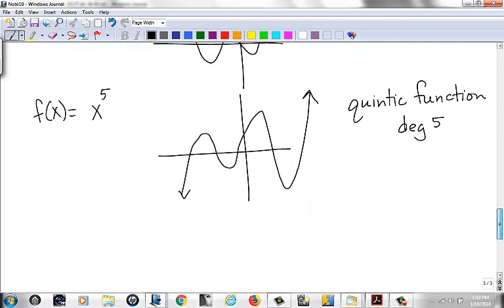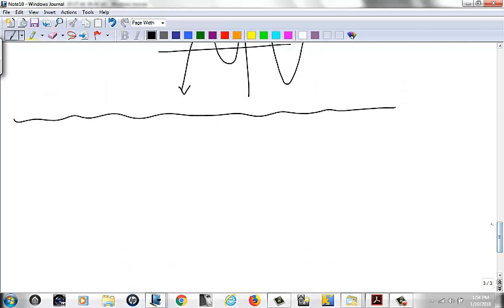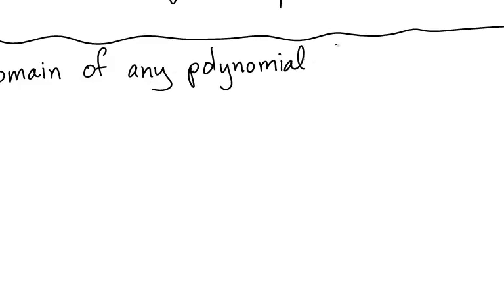Now the author gets into the domains, the range, and what they call the end behavior. Okay. Put a little separator there. The domain. And the domain is the x values. The domain of any polynomial function